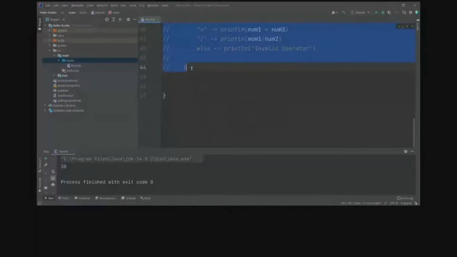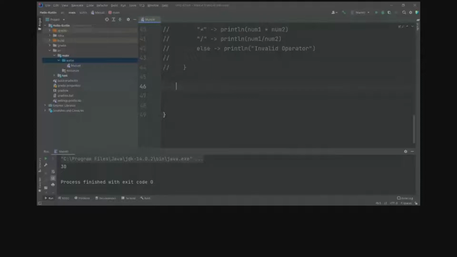Now the next concept we are going to cover is loops: while loop and for loop. We'll first cover the while loop. The while loop is also similar to Java, just that the variable initialization is different, with var and val.